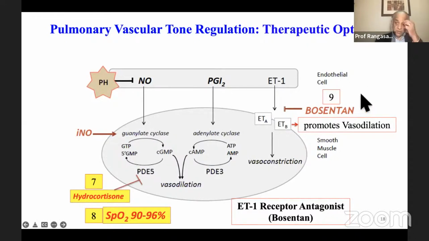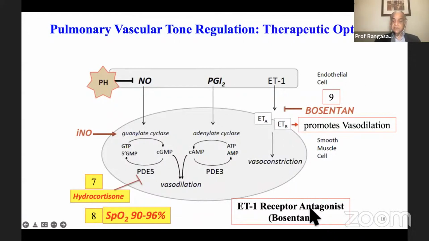The other drug we use is bosentan, which again, remember, endothelin-1 is a very potent vasoconstrictor. Not under physiological conditions, but there is a balance between vasodilators and vasoconstrictors. In fetal life, vasoconstrictors are very high. Postnatally, vasodilator concentration should go up once you start ventilating the baby. So endothelin-1 acts on the endothelin ETA receptor, which causes vasoconstriction, whereas endothelin receptor B promotes vasodilation. So typically, if you want to use it, bosentan